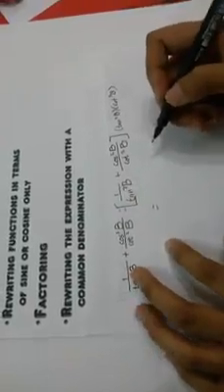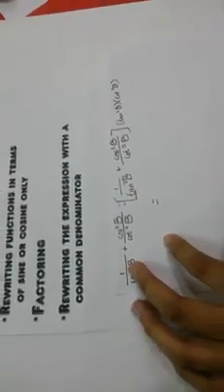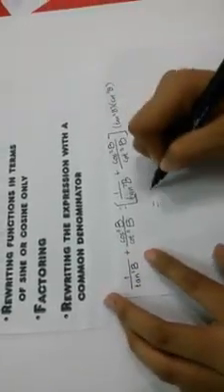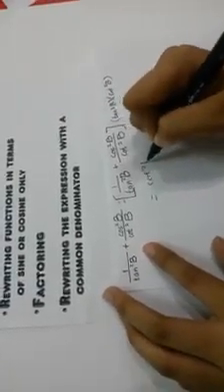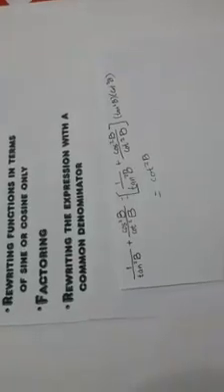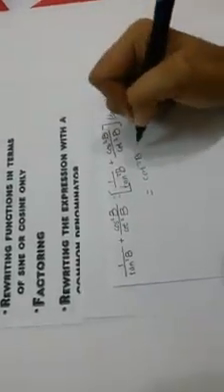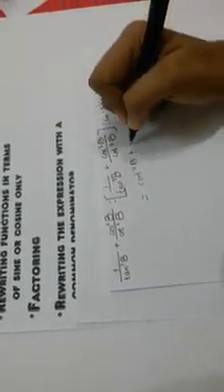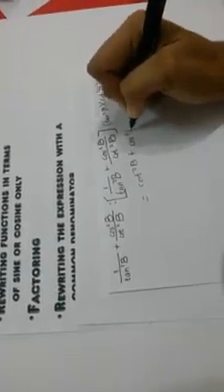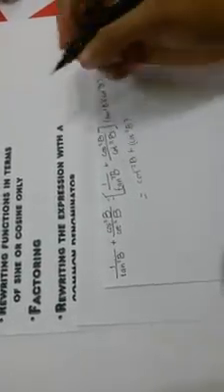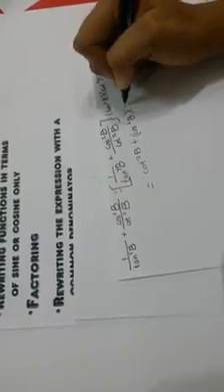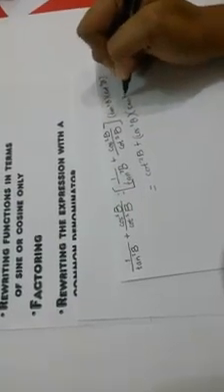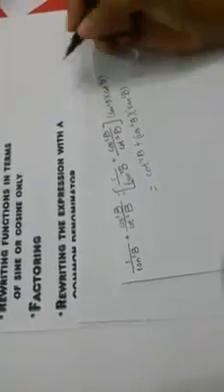Simplify that out and we'll have cotangent square B plus cosine square B all over